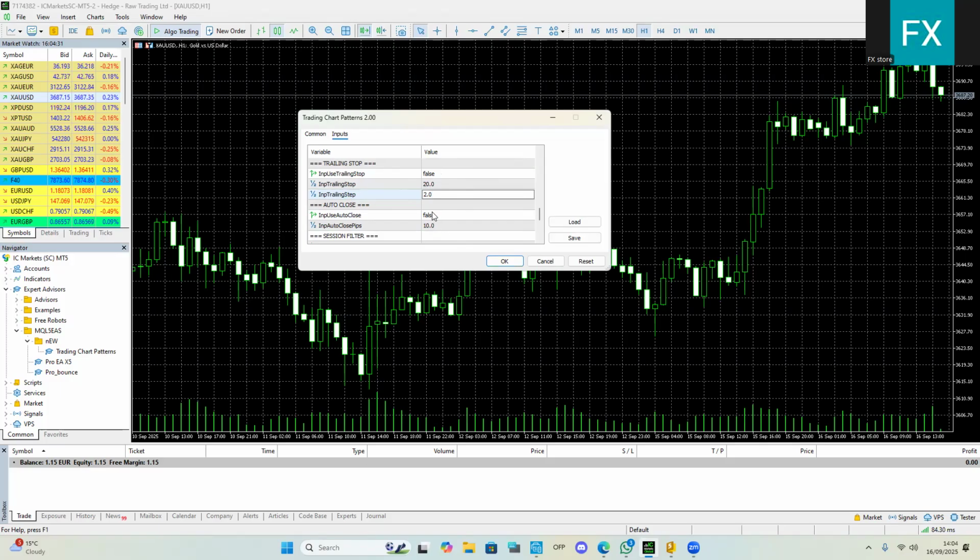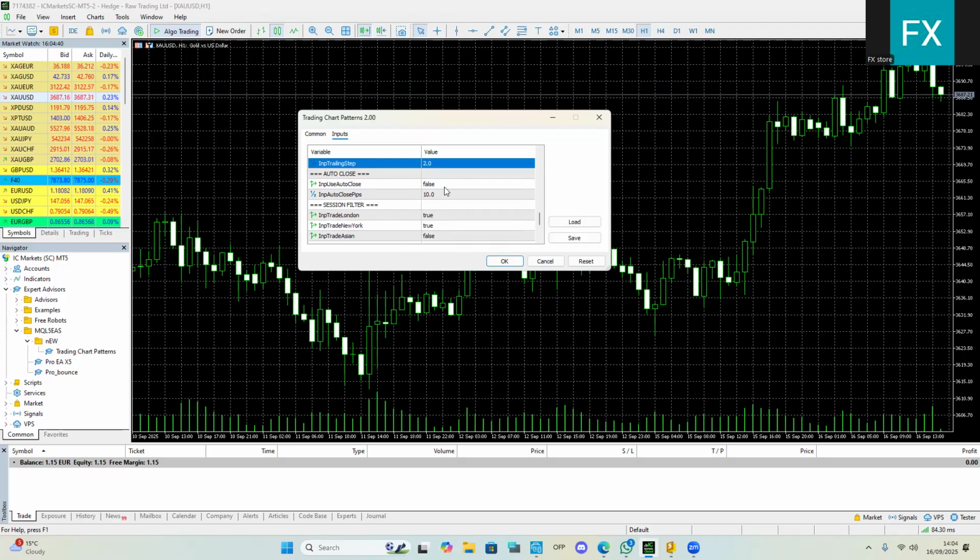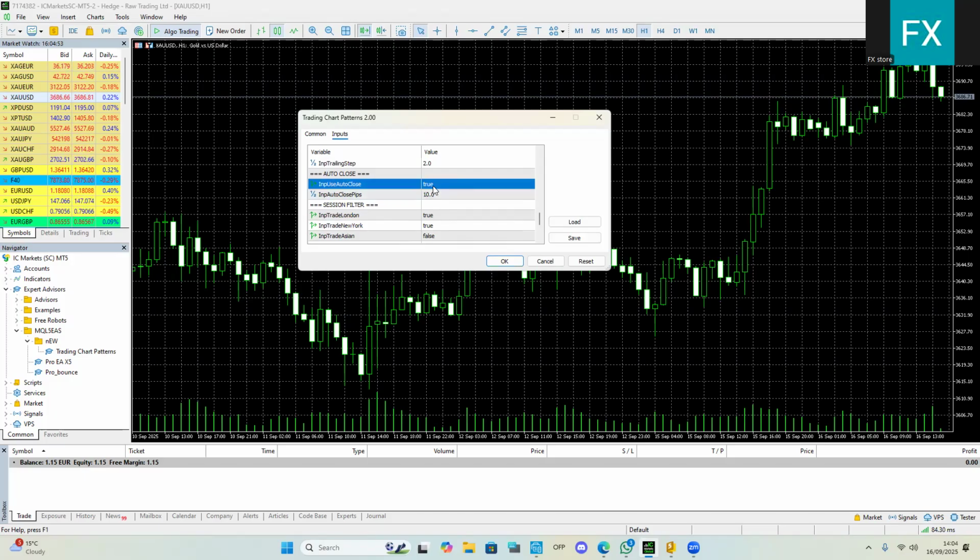Then we have auto close. What is auto close? Auto close means that whatever stop loss we defined, whatever stop loss we choose, the auto close is going to close at 10 pips of profit or 10 pips of loss. So we can always define how much we want the auto close to close at. And of course, it has to be on true if we want to use it. If you see my description in the MQL5 market, I put this to true on 10 pips and I use